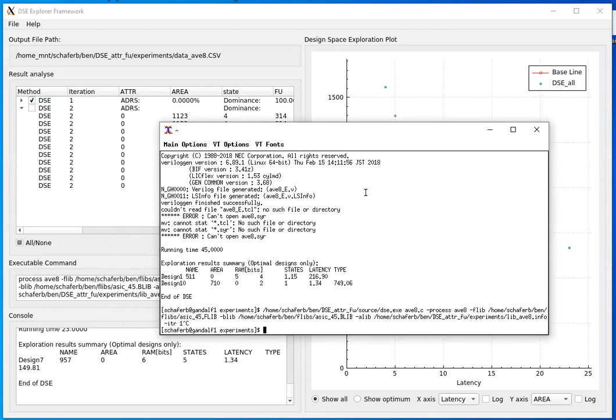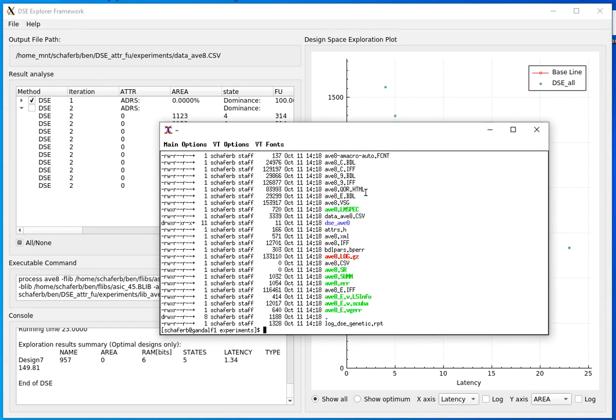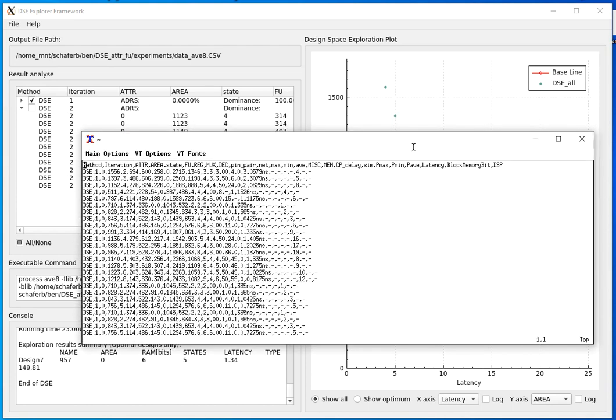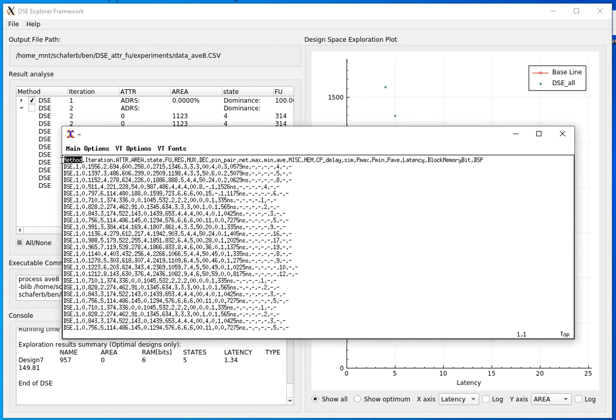So when you go to this Explorer window, the file that it generates is a data average.csv file. So this is the format required that the GUI understands. It's very simple. Here you have the method, the Explorer method. So this is the label that tells the GUI what is the Explorer. And the next one is the iteration. Is it the first, second, or third? What iteration is it? And then the attribute is just the hash value of the unique set of combination that it used. And this is the value, the result of the high-level synthesis for that particular combination of synthesis option,